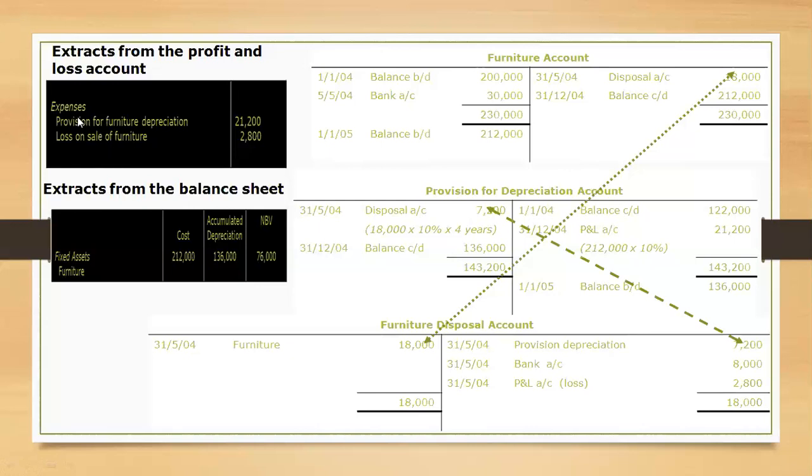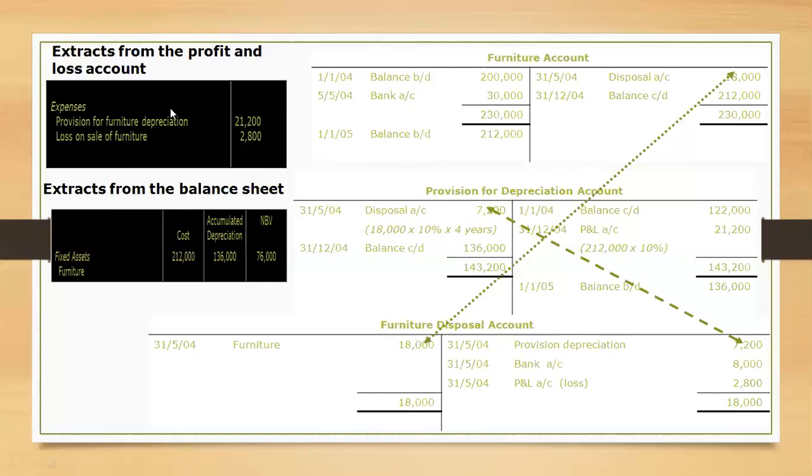Is part of expenses along with provision for furniture, 21,200. This is the provision which I have taken from here, 21,200, and this is loss which we have taken here, 2,800, and both are part of expenses in profit and loss account. Suppose it was profit on sale of furniture, then it will be added in gross profit and then